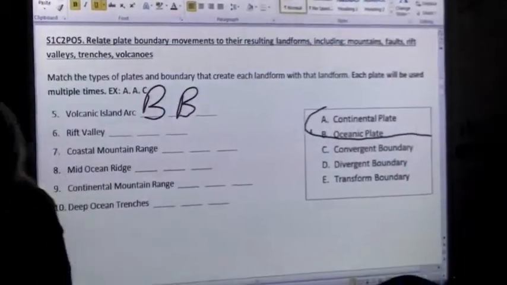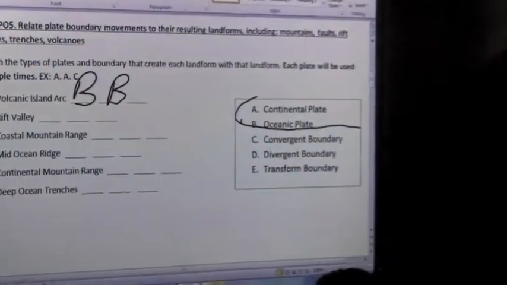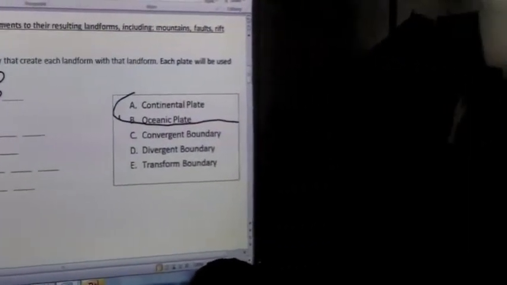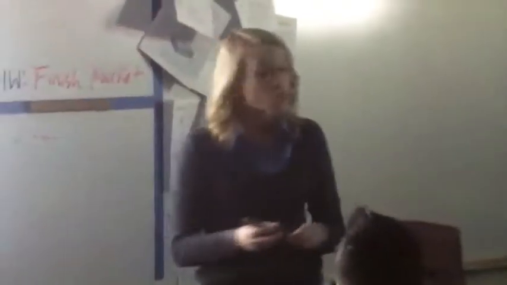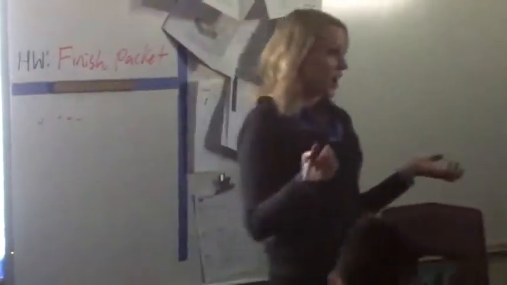So both these come from water. This is, remember, on our foldable, the ones where they come together. So look in your notebook under your foldable. Look under oceanic, because that's the type of plate we had, right? And we know it's a convergent boundary. So oceanic. Where are your notes? Oh, you're absent. Okay, you still need to make them up for notebook check. So you should have something in there about the types of plates when they collide, that they form volcanic island arches, or that they form volcanoes. So this is convergent.